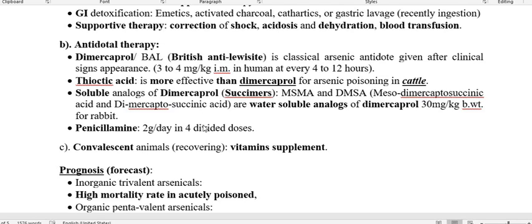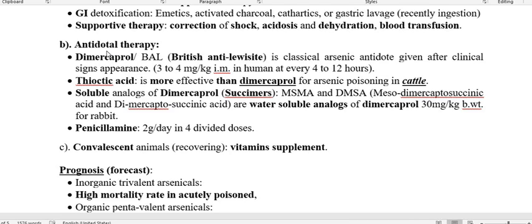In this antidotal therapy, the most important specific antidote is BAL, British anti-lewisite. Lewisite is an arsenic compound. So its antidote is called anti-lewisite because it was developed first by the British. So this is called British anti-lewisite. This British anti-lewisite is chemically also called dimercaprol. So British anti-lewisite or